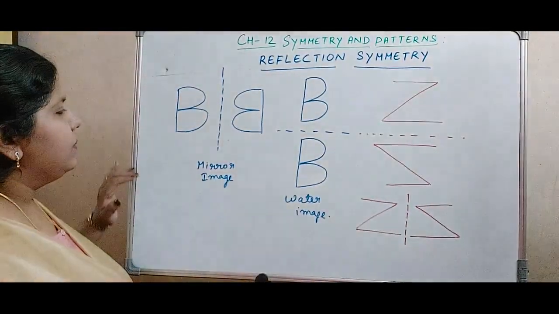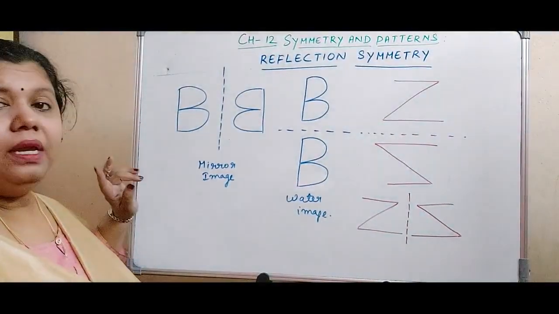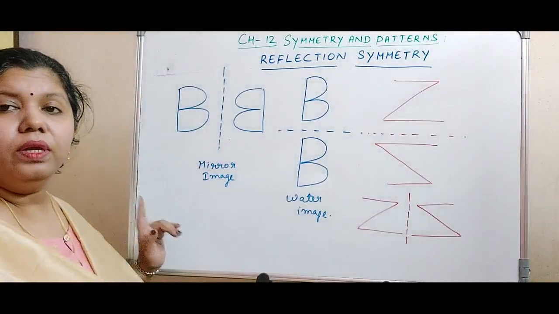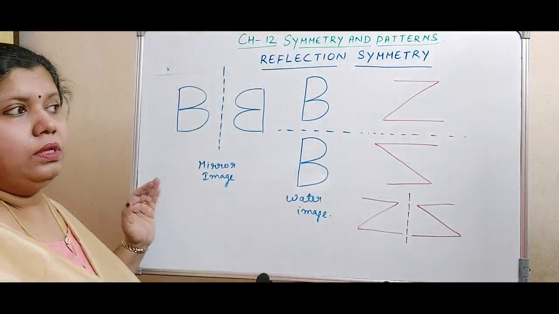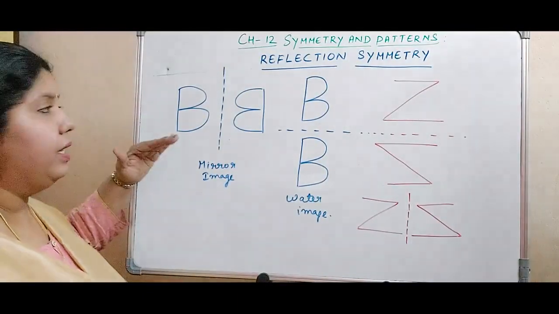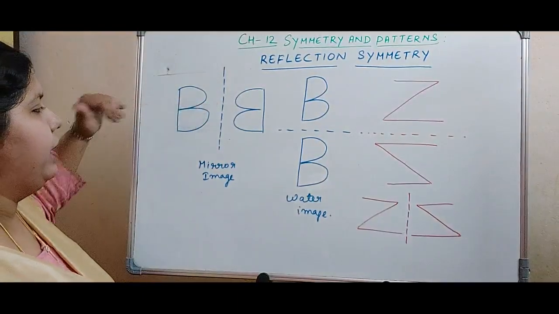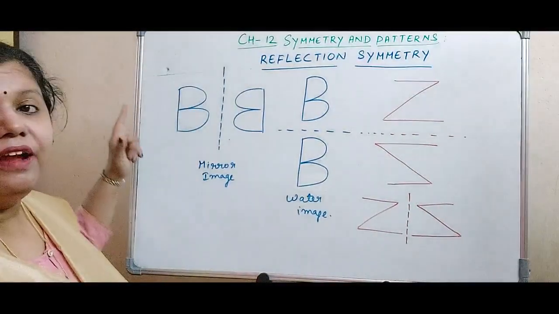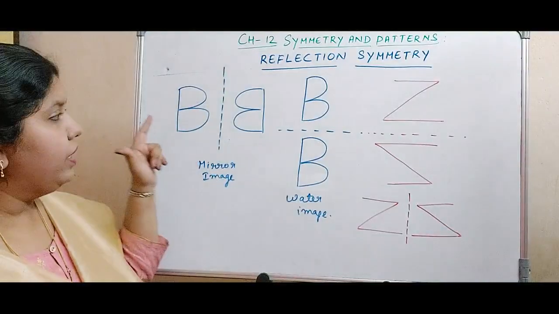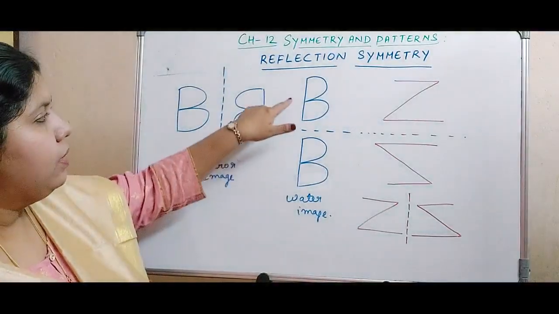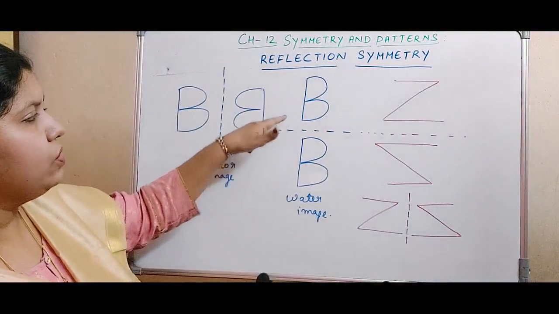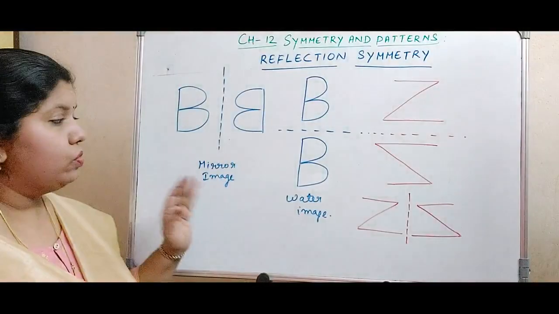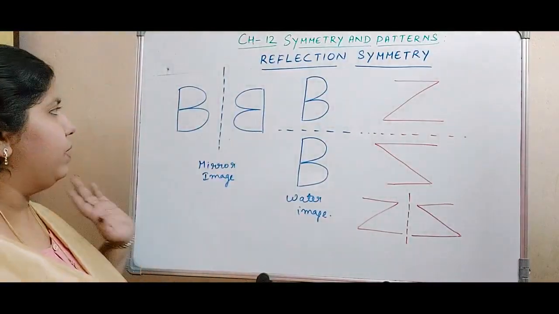As you can see, this is letter B. If you know that both the bulgings are equal, then you can easily construct a line of symmetry in the middle. That will be a horizontal line of symmetry like this. Understood? So if you place the mirror in this way, the left and right will not match. But if you place the mirror in this way, the top and bottom, you can see there is no difference. It is coming completely identical image. So it is a water image. You will say this is a mirror image here.